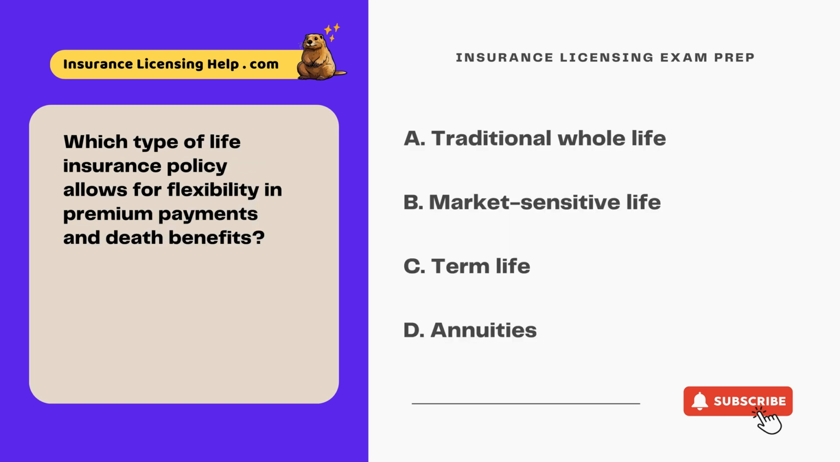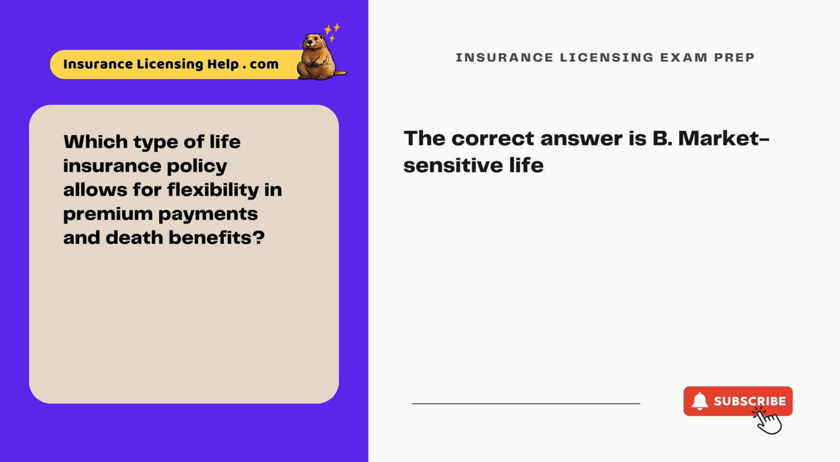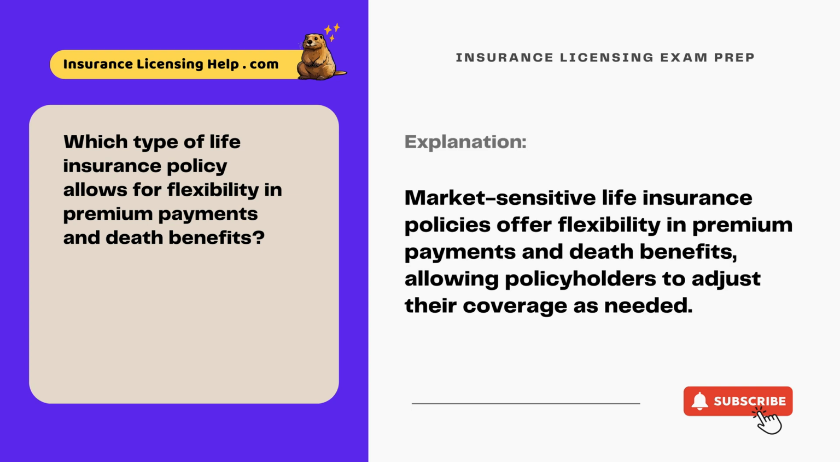Which type of life insurance policy allows for flexibility in premium payments and death benefits? A. Traditional whole life. B. Market-sensitive life. C. Term life. D. Annuities. The correct answer is B. Market-sensitive life. Market-sensitive life insurance policies offer flexibility in premium payments and death benefits, allowing policyholders to adjust their coverage